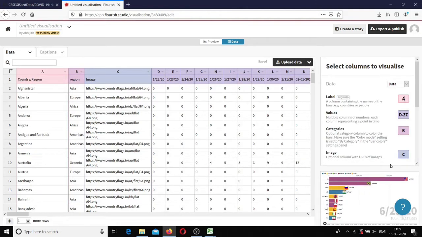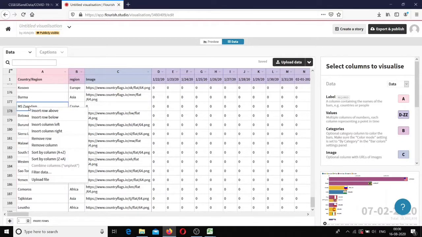So region and image are actually optional columns. If the flag image or the category is not available, even then we can create a race chart. But in that condition we have to change the values from B to Z, or whichever column we require.